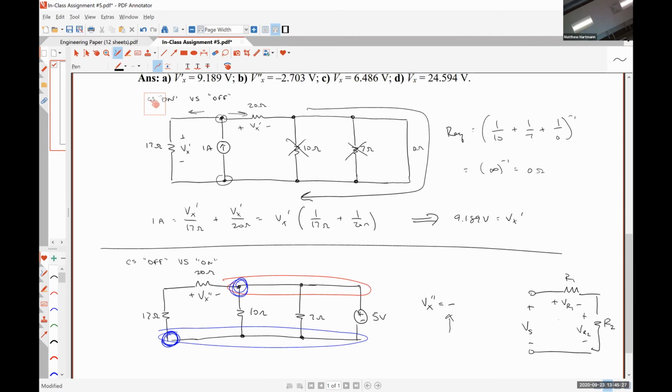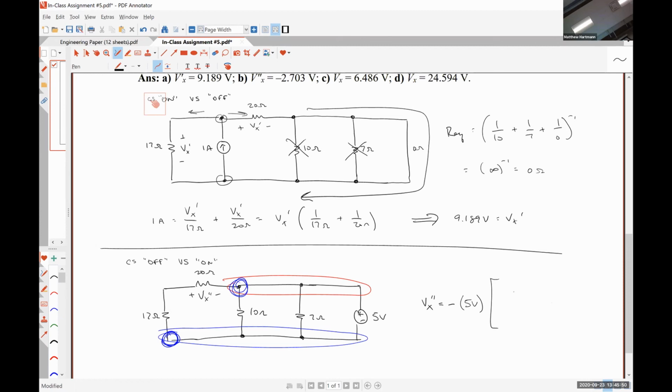Because the polarity of the resistor is opposite that of what we would expect using voltage division. All right, and I believe I explained all that and did some examples with it in the voltage division video. All right, so we have negative, our source voltage, 5 volts, times the ratio,